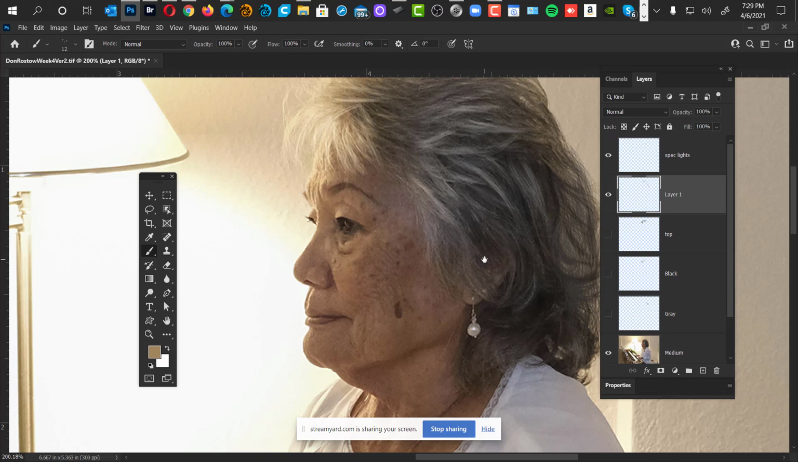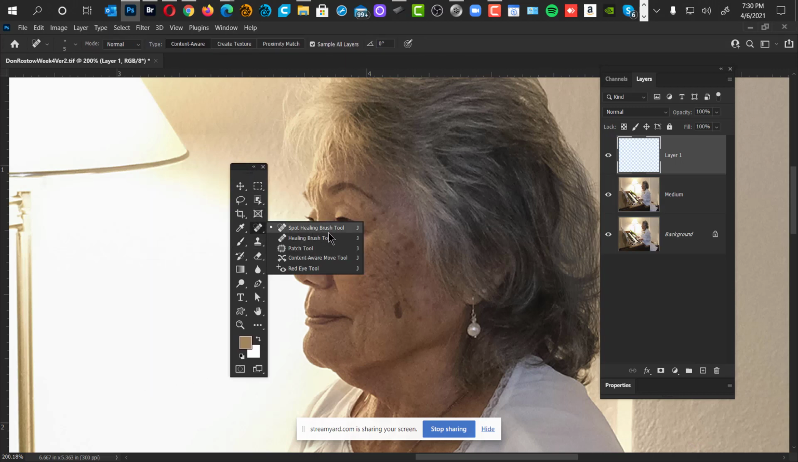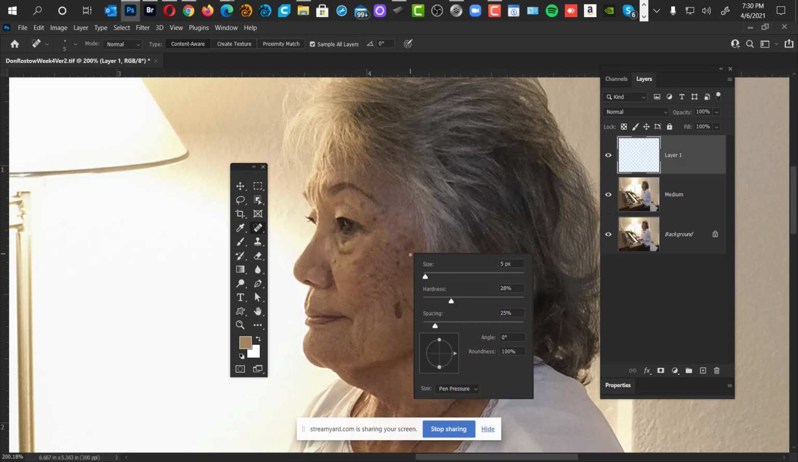Now, what most people might do is, in fact, I'm going to remove all these hair layers, get rid of everything and just go with the original layer. I'm going to make a new layer on top, and one technique you can use is the spot healing brush, which I think you're very familiar with. So if I right click with the spot healing brush,